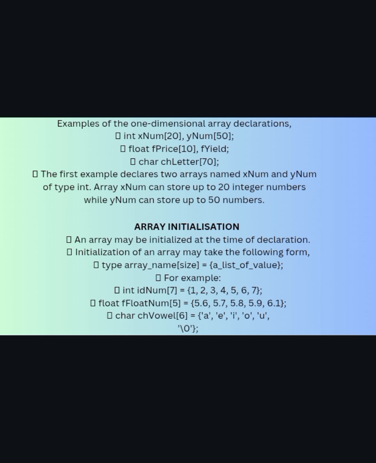Array initialization. An array may be initialized at the time of declaration. Initialization of an array may take the following form: type array_name[size of array] = {a_list_of_value}; For example, int idnum[7] = {1, 2, 3, 4, 5, 6, 7};